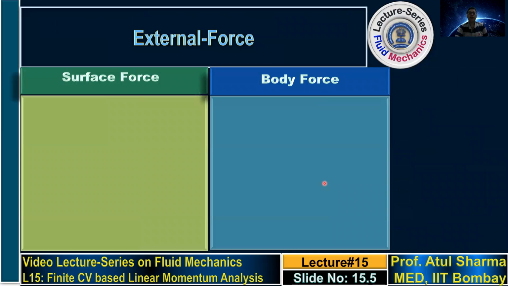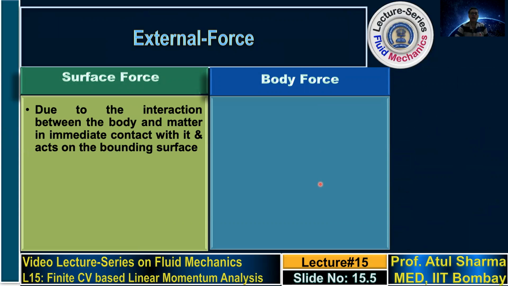So we said that the rate of change of momentum is equal to external force. So let us discuss what are the types of forces that are encountered in fluid mechanics. Mainly there are two types of forces, which are presented here as surface force and body force. Surface force is due to interaction between the body and the matter in immediate contact with it and acts at